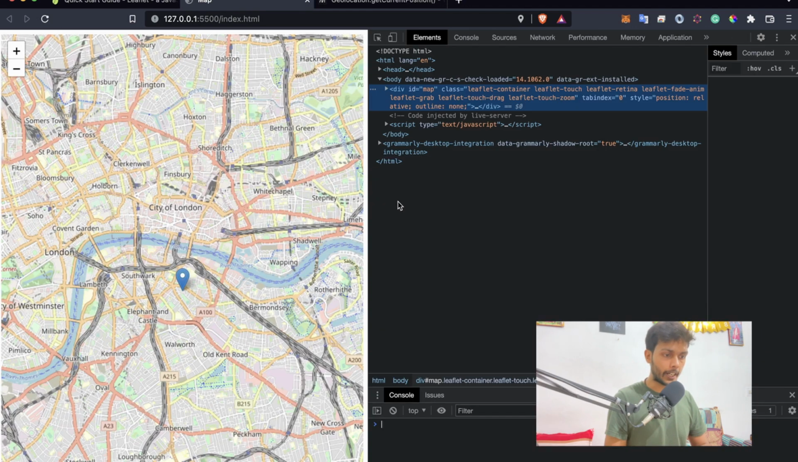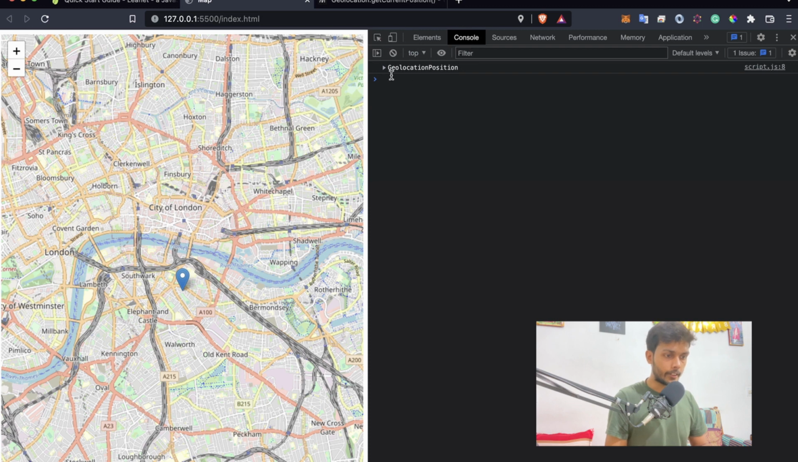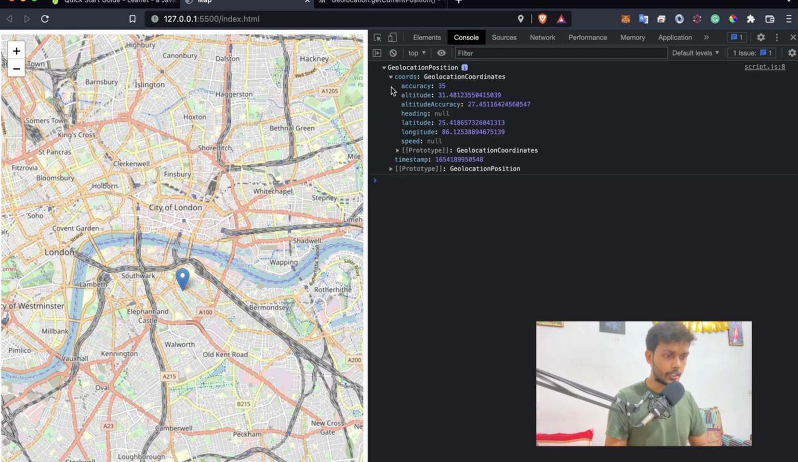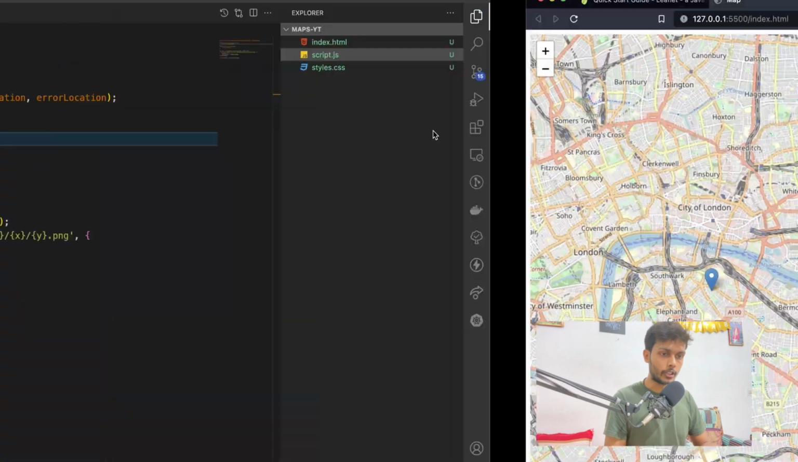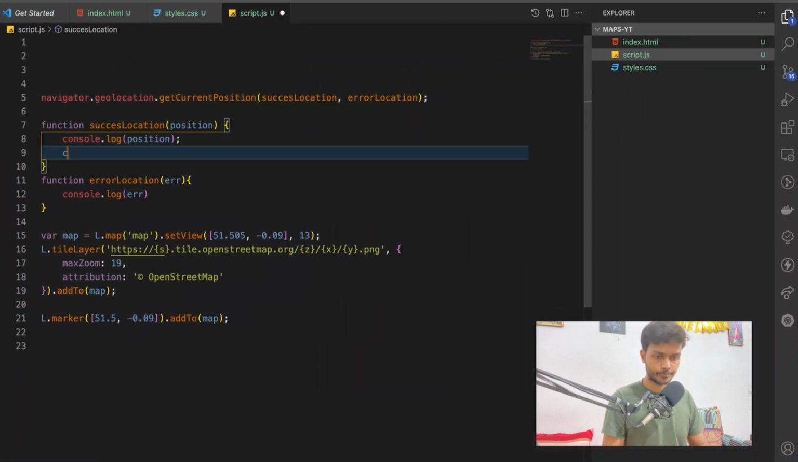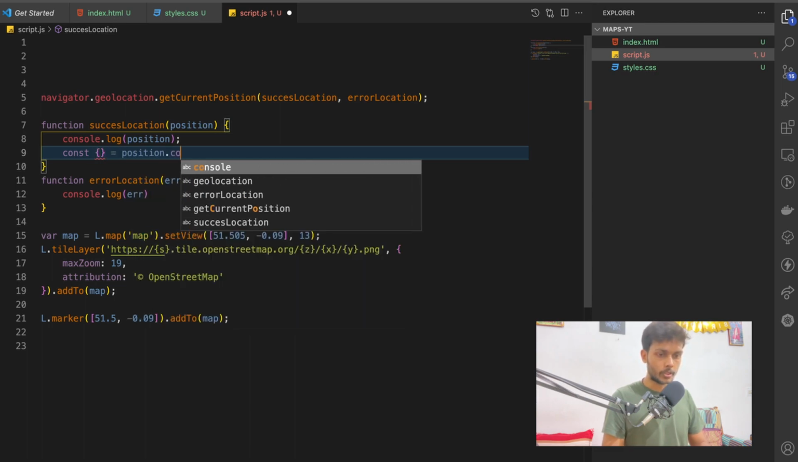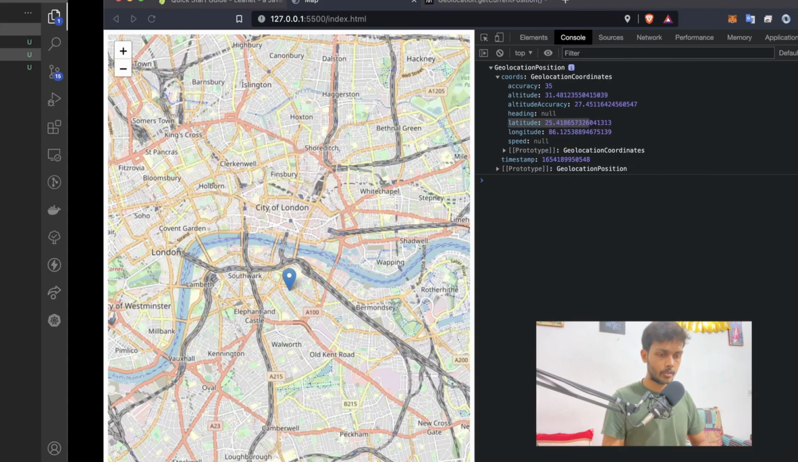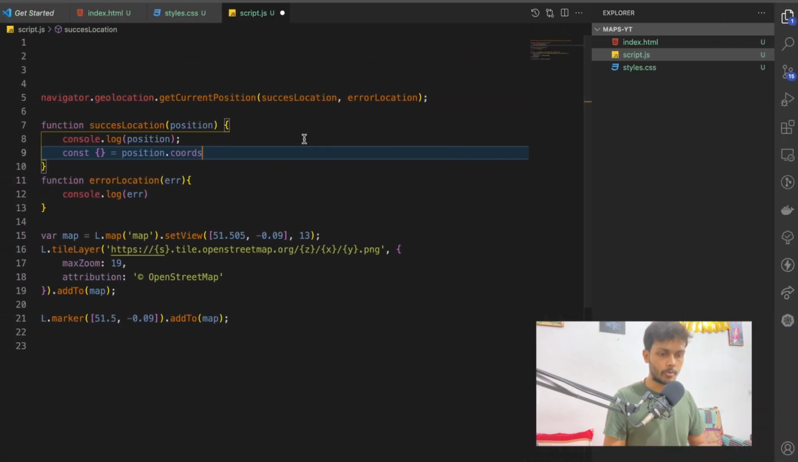We just inspect this, and inside the geolocation, we have coordinates, and these are the accuracy, longitude, and latitude. So basically, from the coordinates, we are going to grab the longitude and latitude. So let's just do that first. Const position dot coords, and we are just going to have latitude